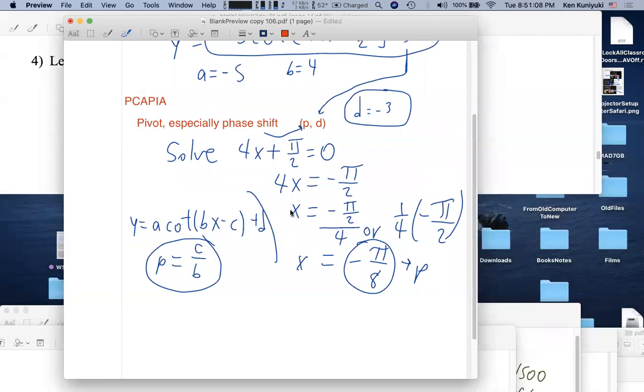Still, as someone who tends to forget things, forget signs, I like to set the argument equal to 0 and solve, because that gives you the same thing. All right. Anyway,